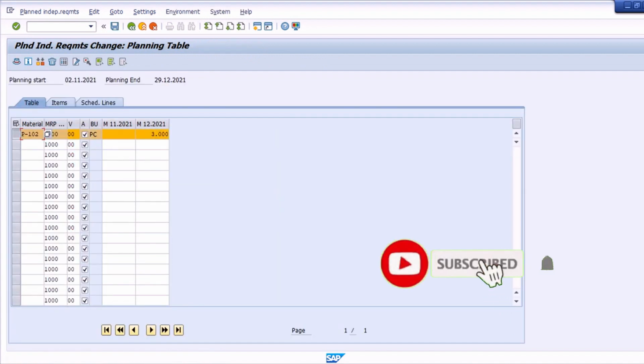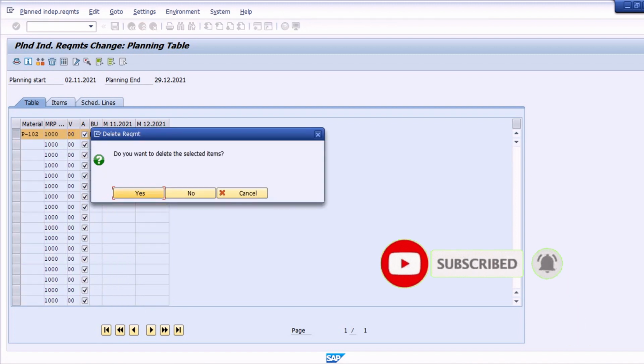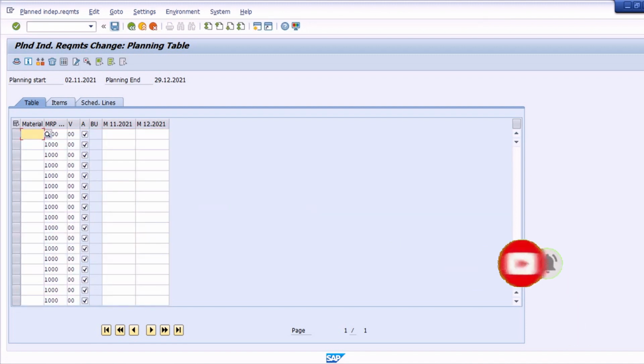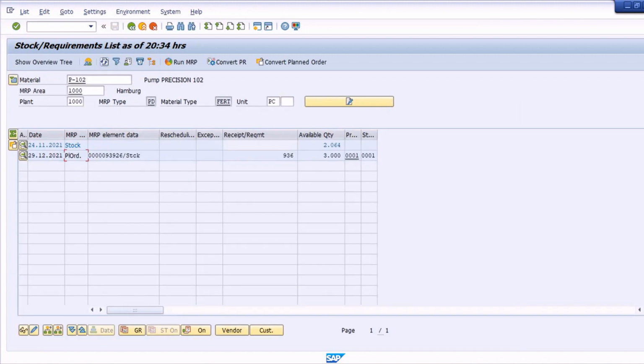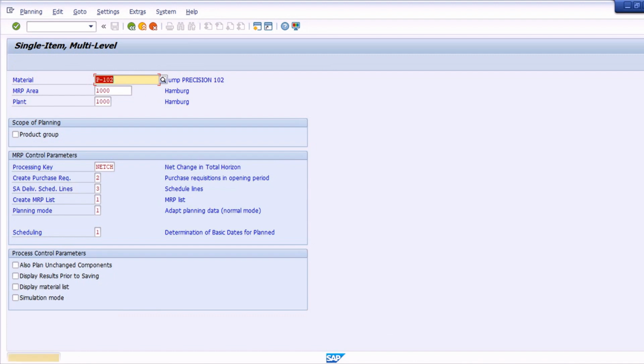I'm going to start a fresh scenario. Now this planned order is not required to be here, and it goes away only after MRP has been executed, or you have to manually delete the planned order. But the best practice is that it should go away through MRP itself. So I'm going to run MRP.